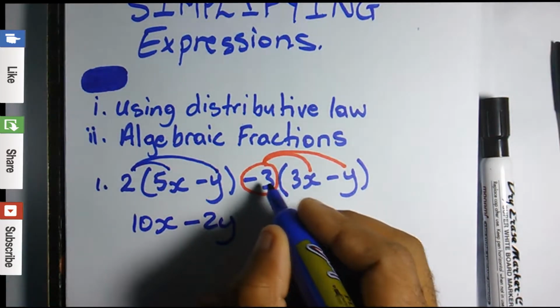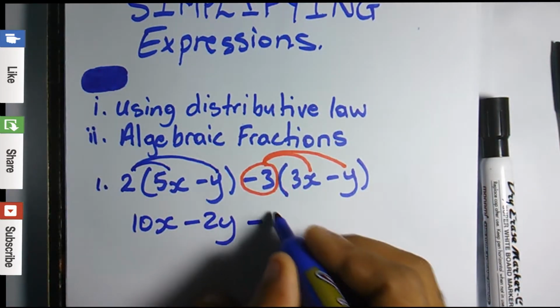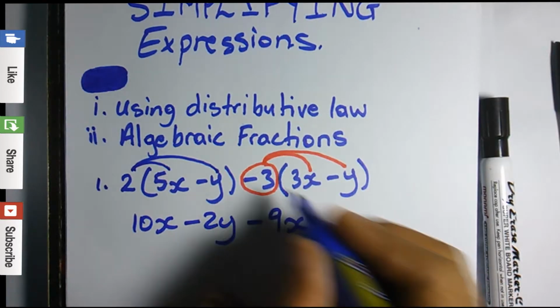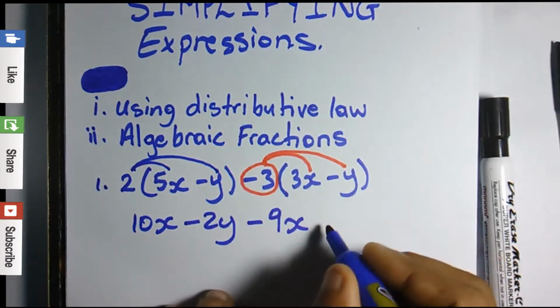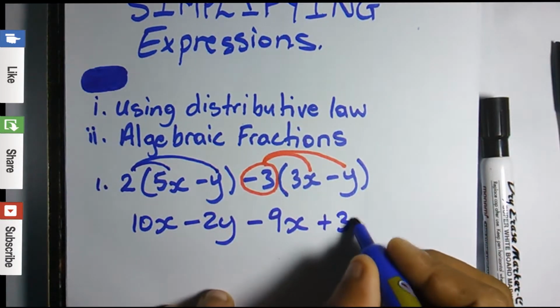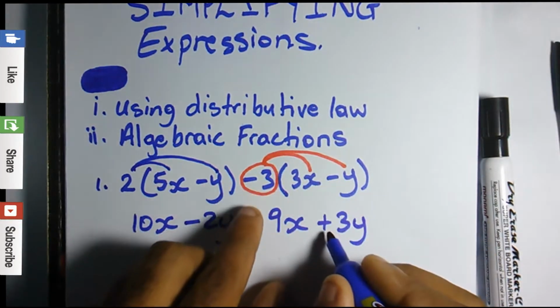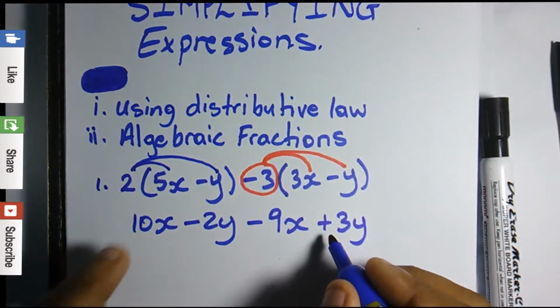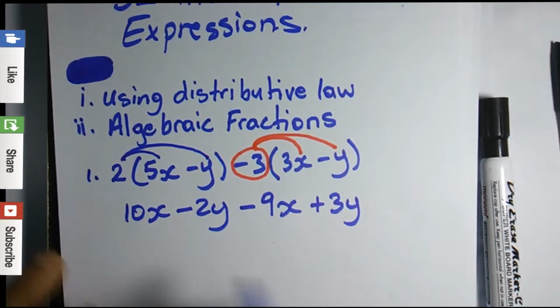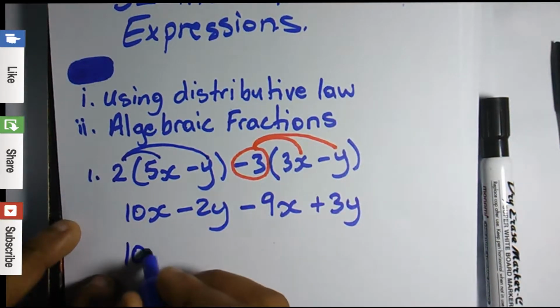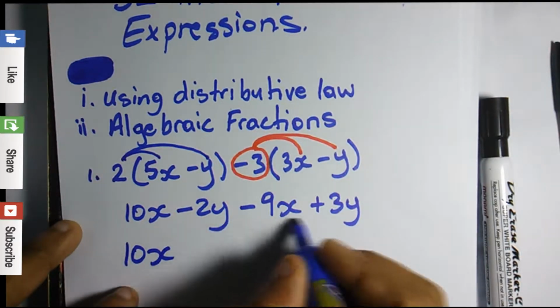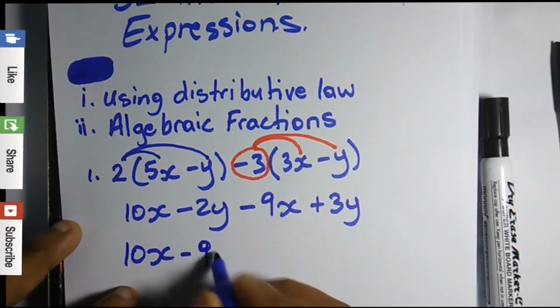Minus 3 times 3x is minus 9x. And minus 3 times minus y is positive 3y. You remember, negative times negative gives us positive. So afterwards, we're going to collect like terms. So it's 10x minus 9x